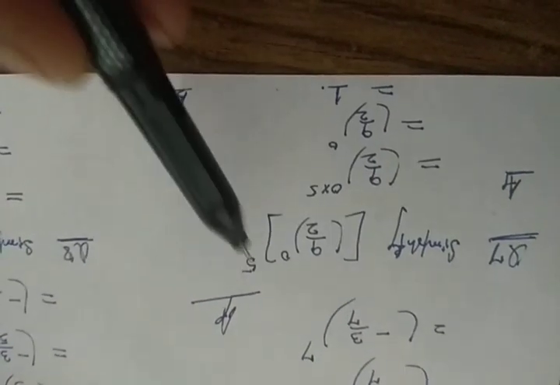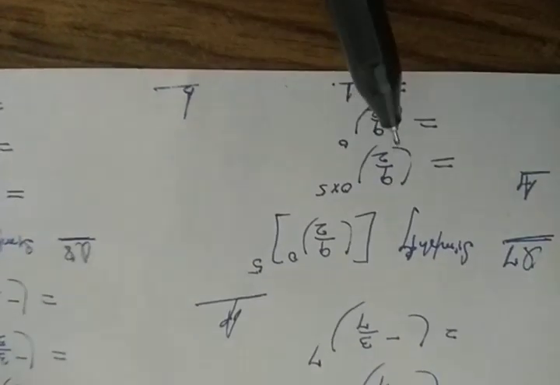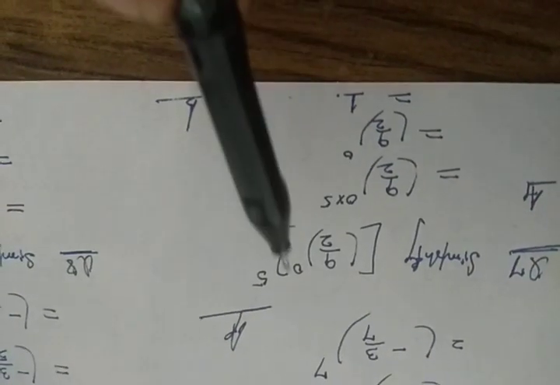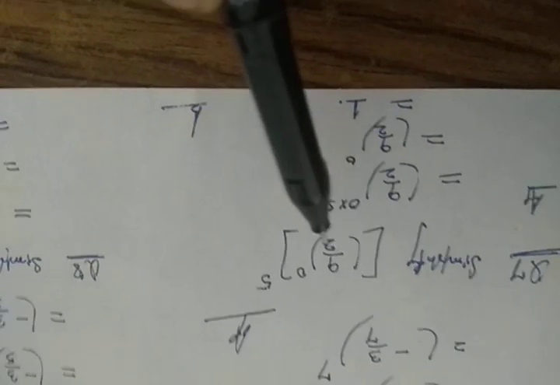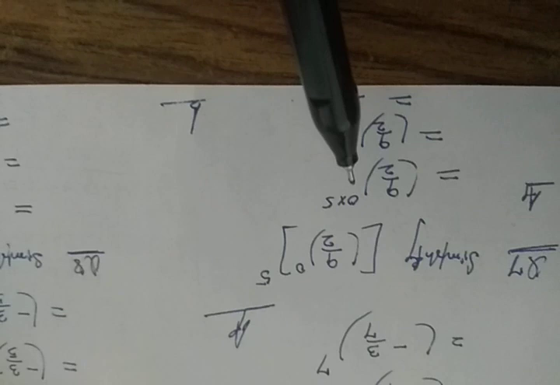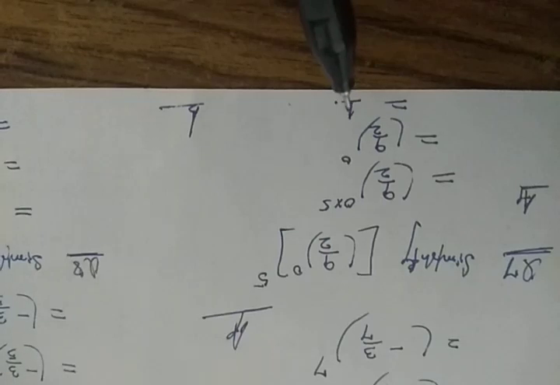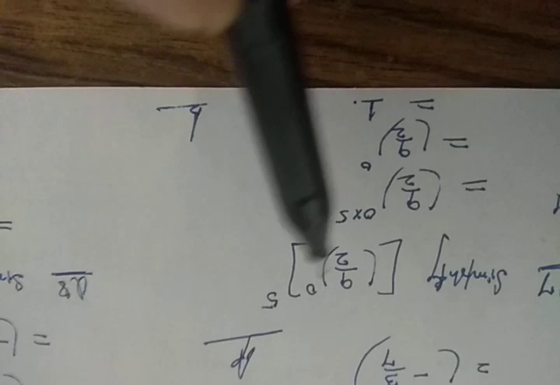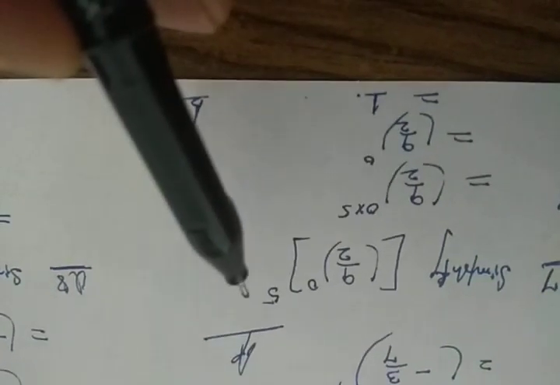Now, let's see. This is the case of simplification. I have taken it from another worksheet. 9 by 2 to the power 0 and whole to the power 5. Suppose the whole thing is your base, and base to the power 5. So the power should be multiplied. So 9 by 2 whole to the power, what happens? 0 into 5. So the power is multiplied, 0, and so this is 1. Okay. One can also do it like this: 9 by 2 to the power 0. Anything to the power 0 is 1. So 1 to the power 5. 1 to the power 5 means 1. You can solve like that also, no problem.